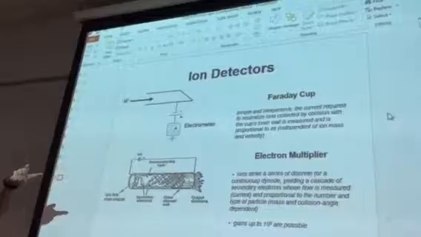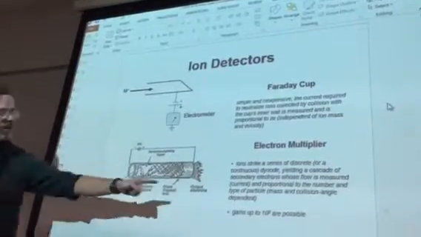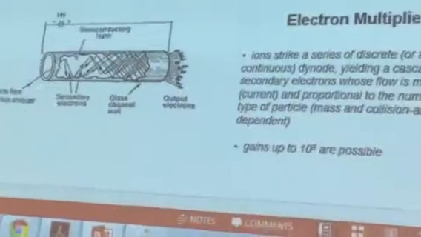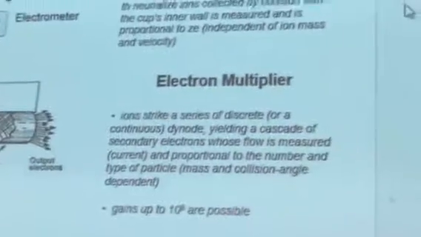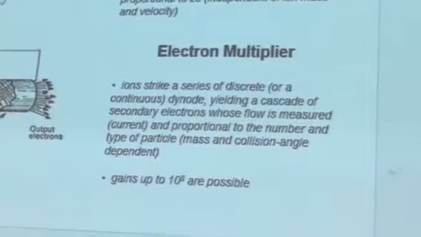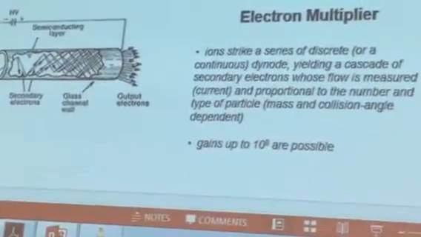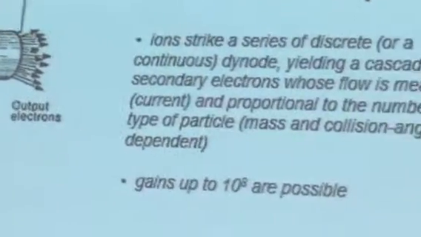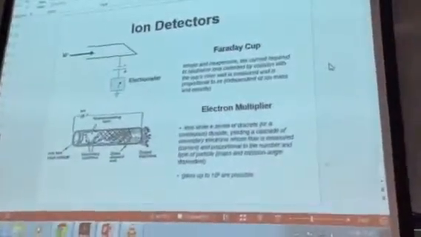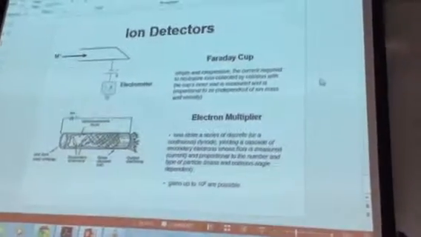You can get large gains. A single ion in can generate, what would that be, 100 million times more. So a single ion coming in might generate 100 million electrons going out. So huge gains are possible. Good for sensitive sorts of measurements. The sensitivities there, though, do vary with the mass and